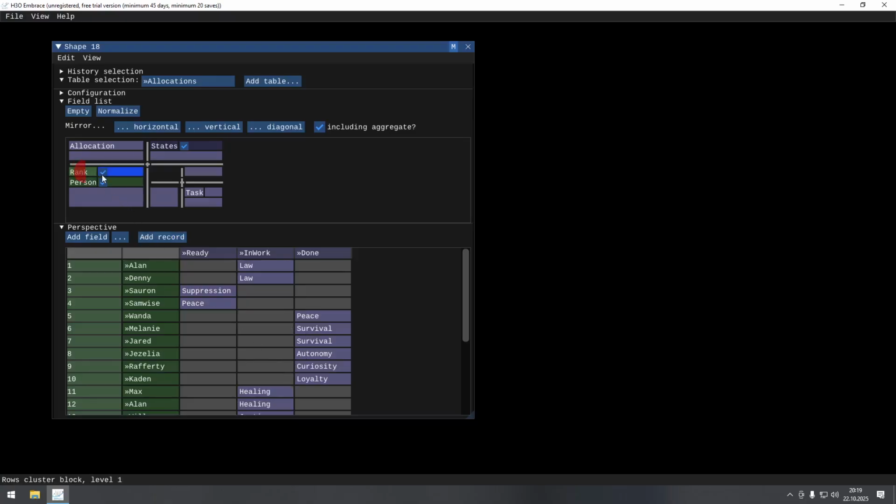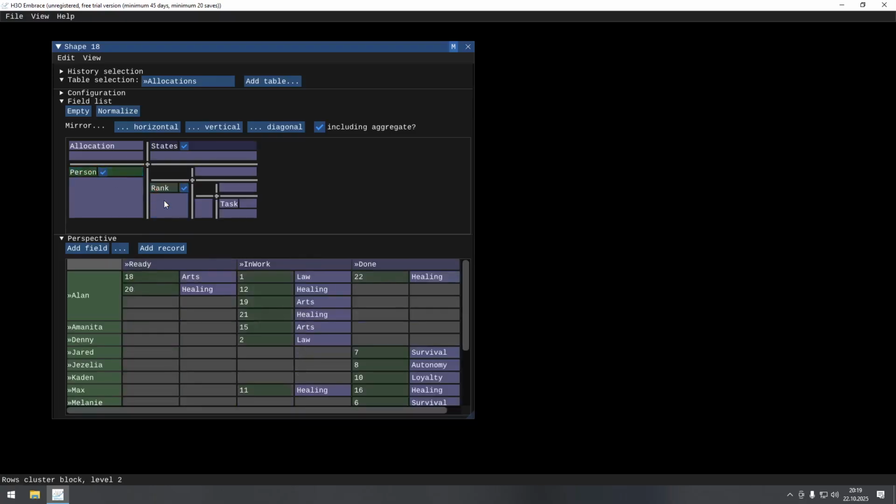And for that we have nested shapes, nested perspectives. You can pull in the rank over here. And now you see Alan has quite a lot of tasks, 2 in the ready state, 4 in the work state, 1 over there. And you can start moving as you like with drag and drop, and move it around